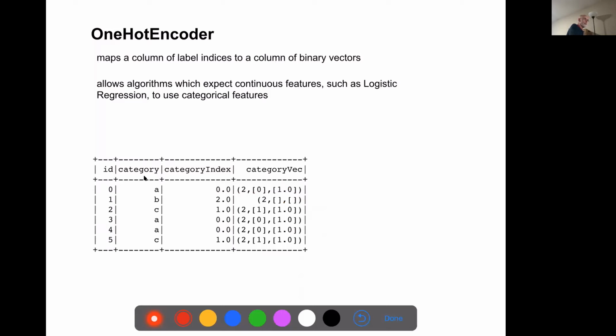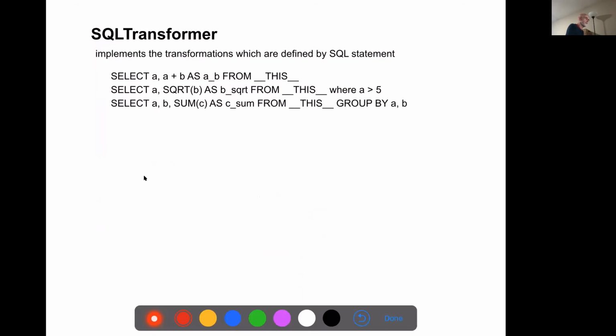Yet another encoder. I think I will skip over this.